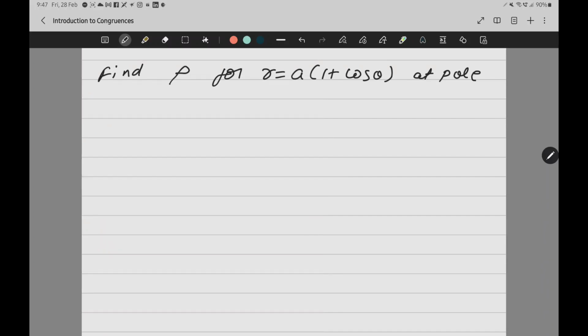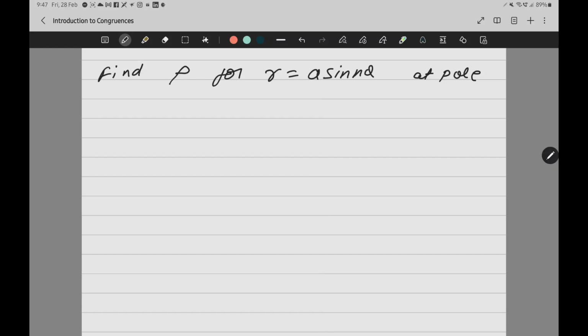Now see. Find rho for this at pole. Okay, so now let me start with this question. I want to find out the value of rho at the pole. Okay, I think this function I have written wrong. The function is not this. Wait, I'll change the function. Function is sine theta, because I want to take this question particularly because I want to show you sometimes without taking log, the question is easier. So my question is R is equal to A sine n theta.